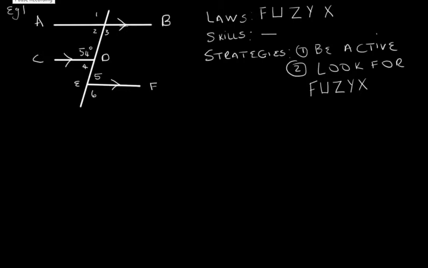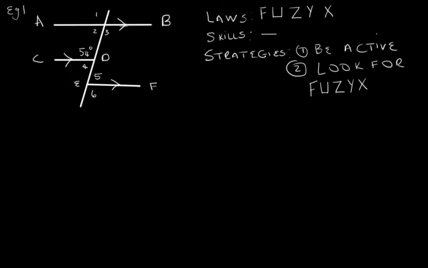We know that according to our laws we must know our fuzzy x or our fun skills. No additional skills required at the moment, but in terms of strategies we know we must always be active and we need to look for our fuzzy x within the given diagram. In other words, we need to look for our f, our u, our z, our y and our x. So let's see if we can answer